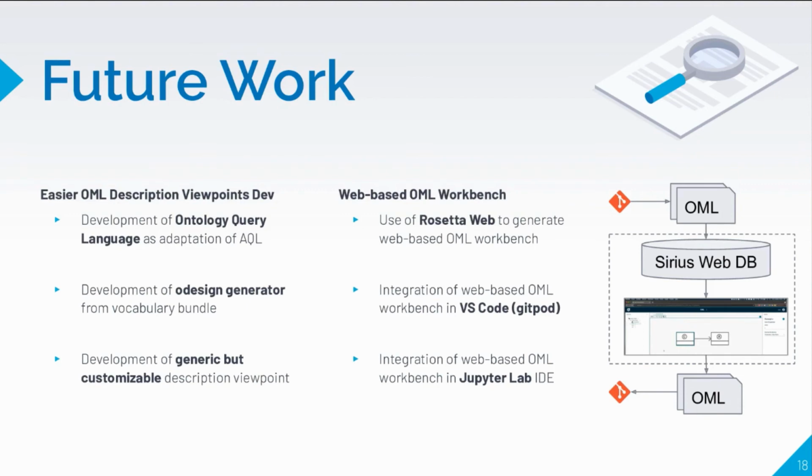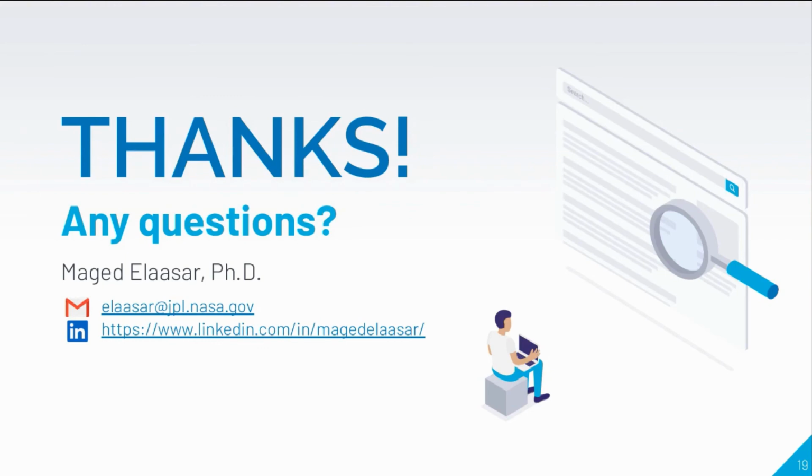Another thread we are looking at is going web-based with this capability. So we were interested in considering Sirius Web, which we know allows you to publish your models into a database. So we want to try publishing the OML models into a database, let the user use the Sirius Web session to edit it, and then at the end download the model back into files to go into configuration management, into something like Git. And I think that was the last slide I have today.